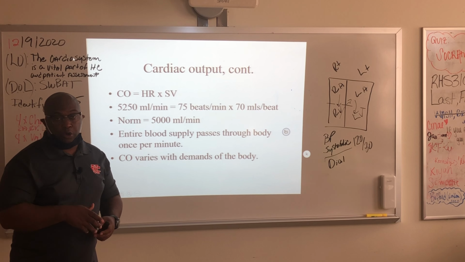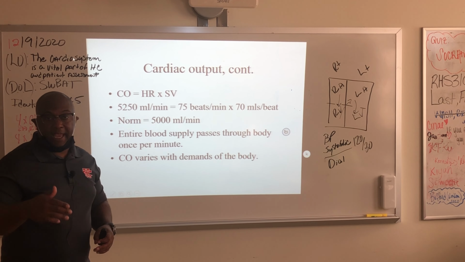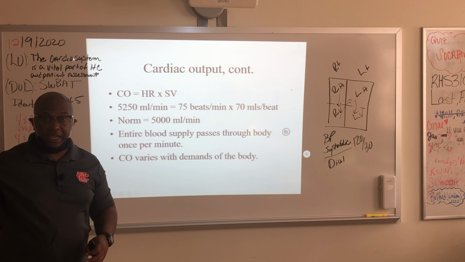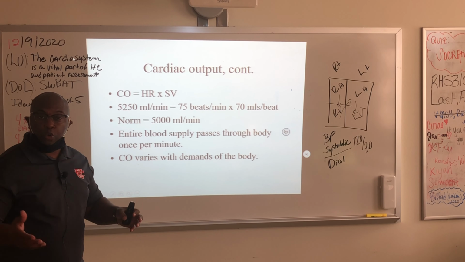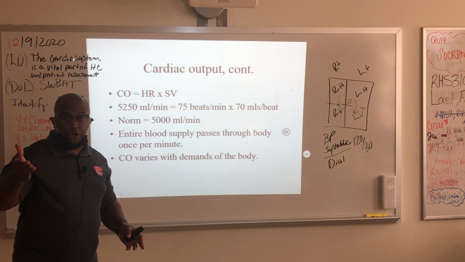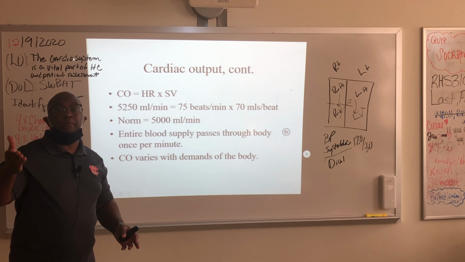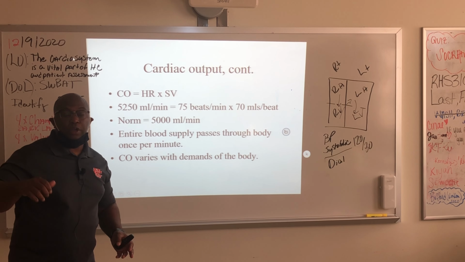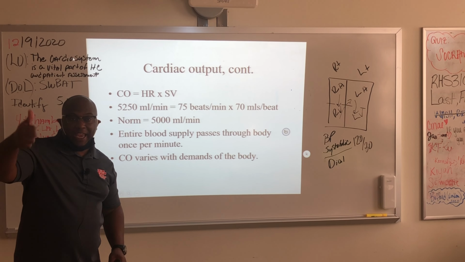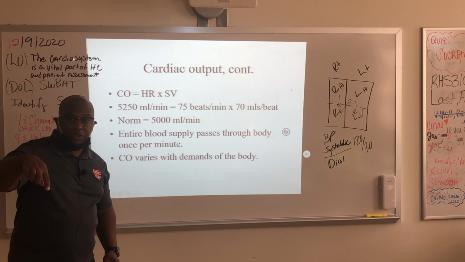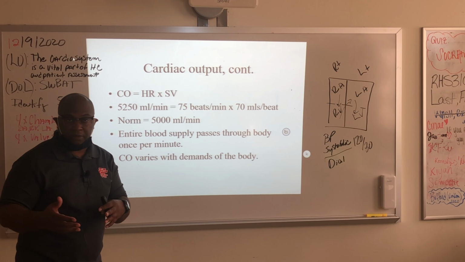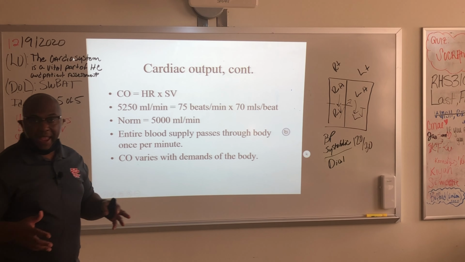Is your heart beating as fast sitting there as it is when you're running up and down the court? No. When you're running up and down the court, do your oxygen demands increase or decrease? Increase, right? So your oxygen demand increases, and that's where your stroke volume is going to come from. The more the demand,